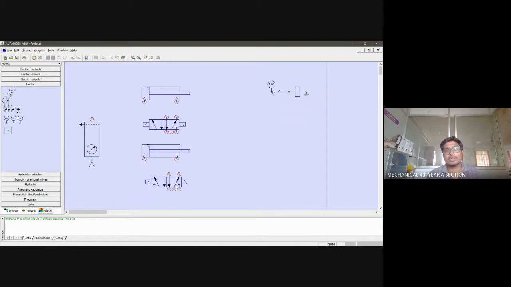So the number of switches is 4. So we have to repeat these connections 3 times. Since we have 4 switches, we have to make this switch connection repeated. Okay. So again, I'm going to electric, using a 24-volt power supply, and in electric contacts, I'm going to choose once again the open connection, and in electrical outputs, I'm going to choose pneumatic electrical output, and finally, in electric, I'm going to choose a ground option. So again, I have to do it twice.